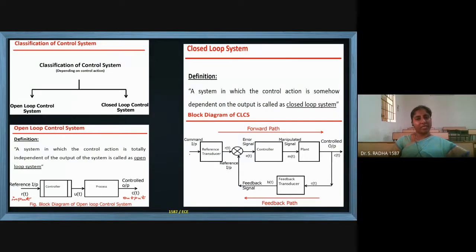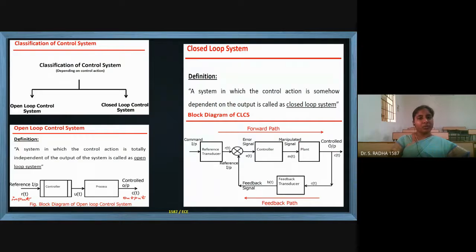Manually I am operating the regulator, that is a non-electrical signal, and it is converted to an electrical signal inside the regulator, and thus it is fed into the entire system. So the desired output is obtained. Desired output should be obtained. That is the overall thing in a closed loop system. The output is more concentrated. Entire blocks in the system will work depending on the output.